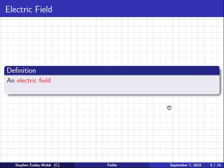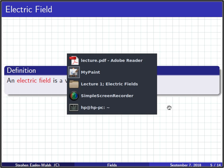An electric field is a vector field. Now, I first have to explain what a vector field is. I'll give you an example. It has direction, and it also has magnitude. So, here's a simple example. If you were to take the wind, okay,